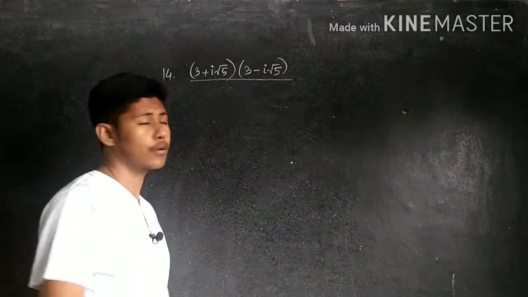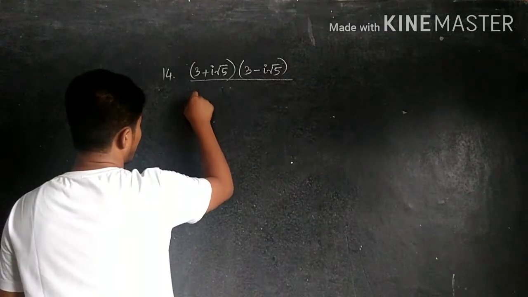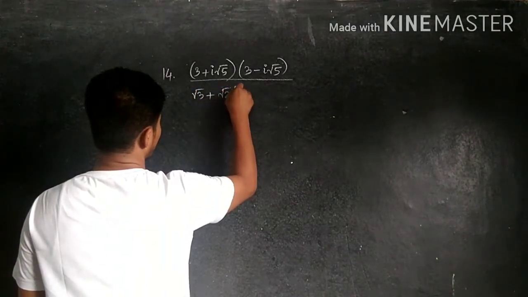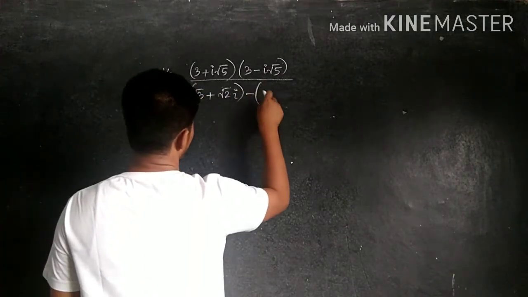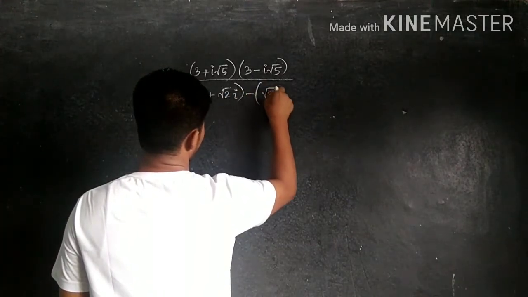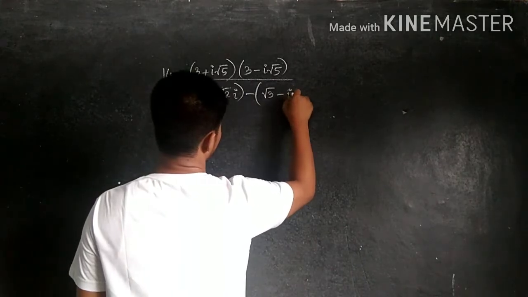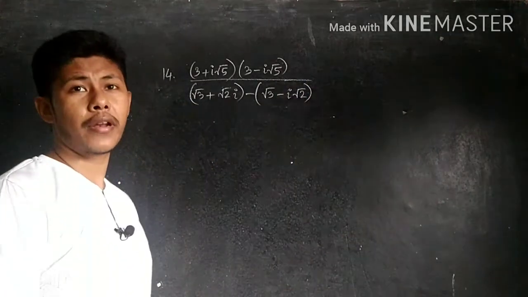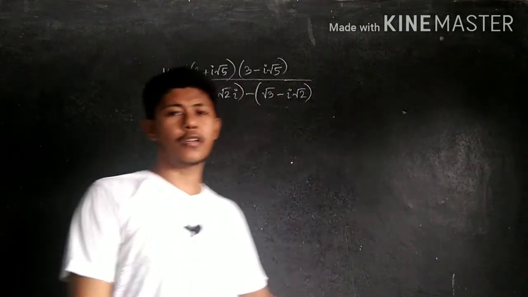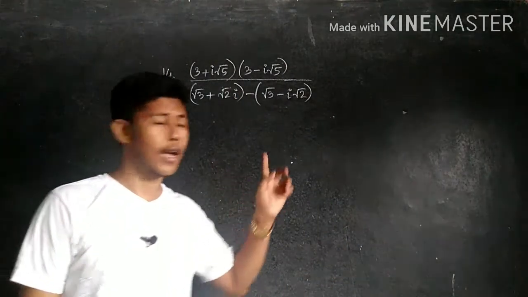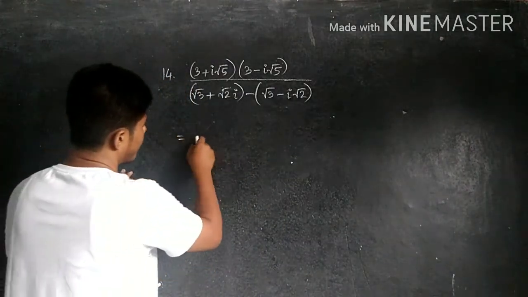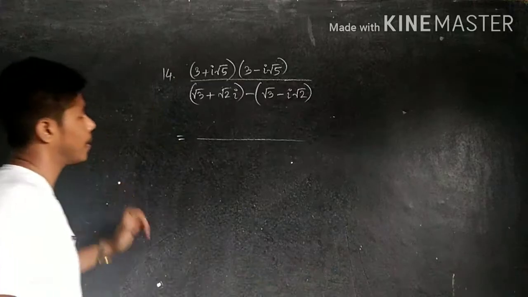Root 3 plus root 2i, multiplied by root 3 minus i root 2. Root 2i, or i root 2, meaning is the same. So this is the question here, isn't it? And we have to arrange the result in such a way that, first of all, if you see the denominator part,